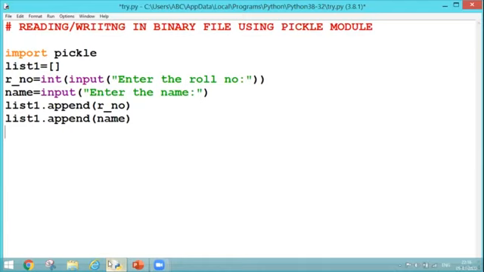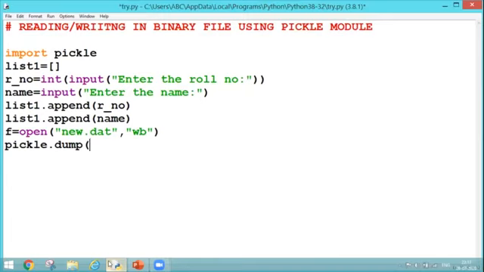My next step is I want to write the data into my file. But before writing, I need to open it. So I'm going to open my file. Let's say new.dat and writing mode is WB. After opening the file, how will I write it? I will use my pickle.dump module.